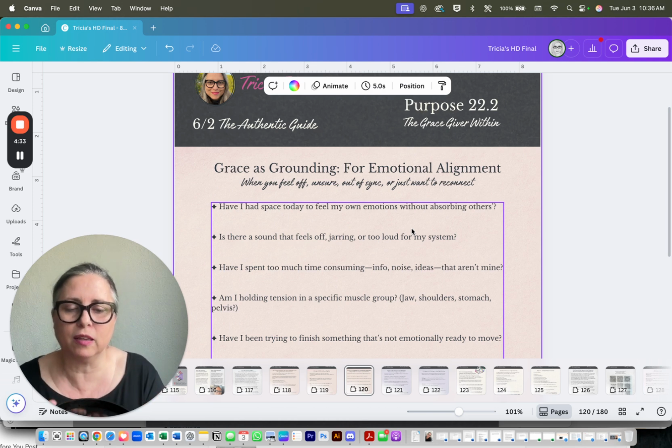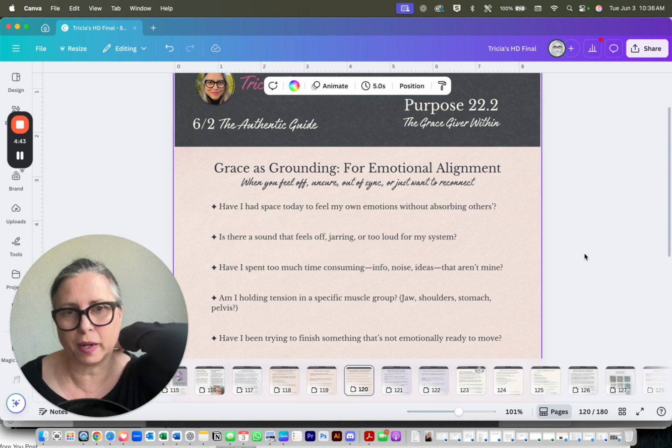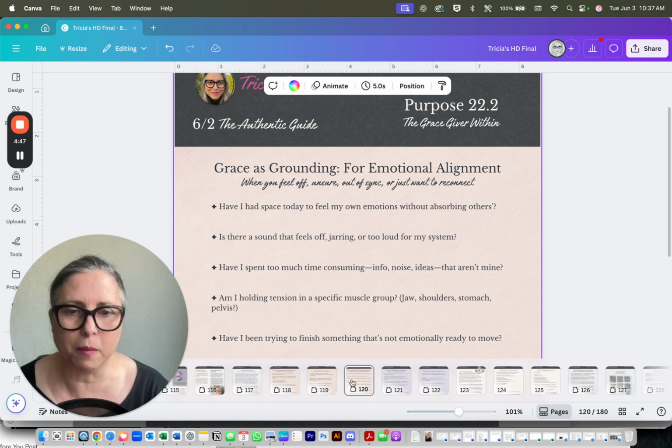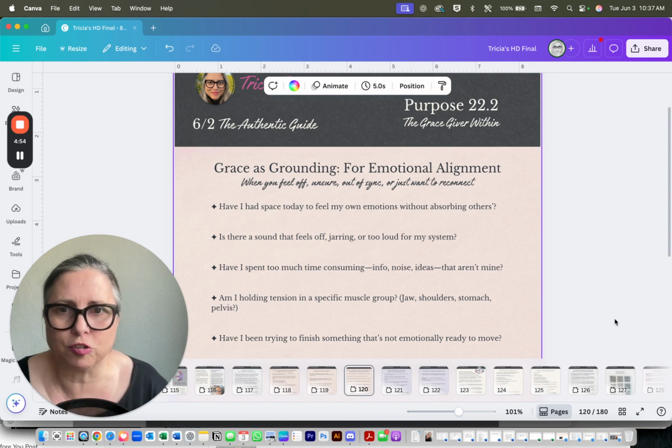Grace for letting them be there, giving them space. And so in this book, in my report, I put in a bunch, and I do it for others too, but I put in a bunch of reflection questions. There's other pages in here that I've gone through from some of the other videos that you can go back to if you want to. I'll put a link here in the description for them.